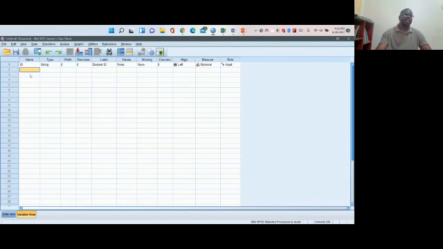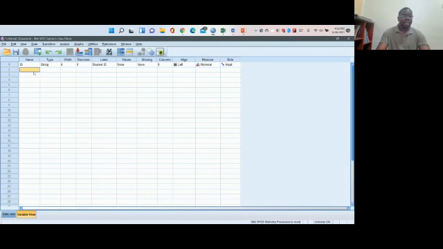Special characters, yes, you can put some special characters. There are a few special characters that can be in the naming of a variable, and these include the hash symbol, the dollar sign, the dot or the period, the underscore, and then the @ sign. However, you shouldn't use those to begin the naming of the variable, because those can play some other roles in data analysis in SPSS. So it's always good to make sure you give a name that begins with a letter. Numbers cannot begin